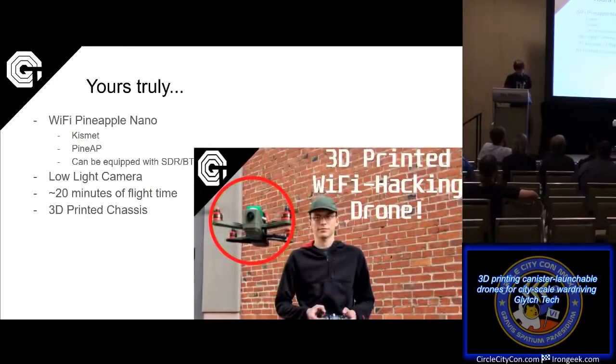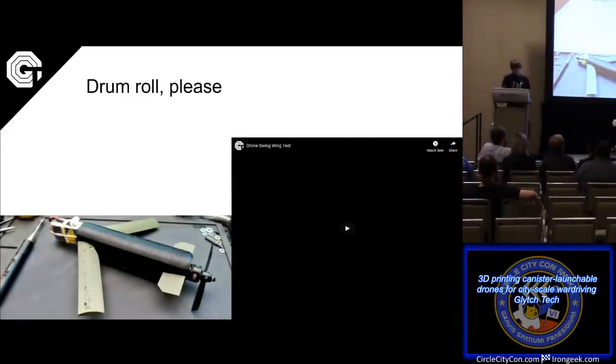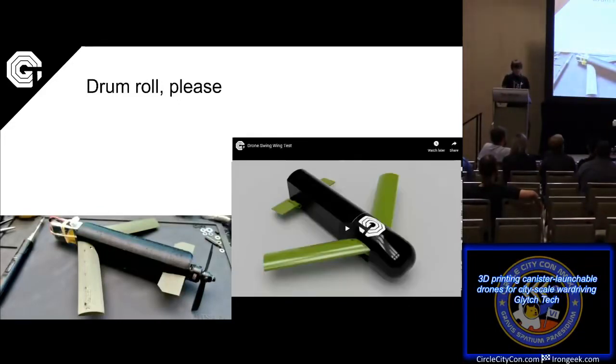Now, this is work I've done in the past, as I mentioned earlier. It is the Project Cuckoo, and it carries a Wi-Fi Pineapple, in a 3D printed chassis. You can also plug in software-defined radios, Bluetooth dongles, it has a low-light camera, over 20 minutes of flight time, and can be made relatively cheaply. But I think we can do better and even smaller yet. Introducing what you've all been waiting for, the 3D printed canister launch drone, or at least the first version of it. As you can see from this CAD animation,